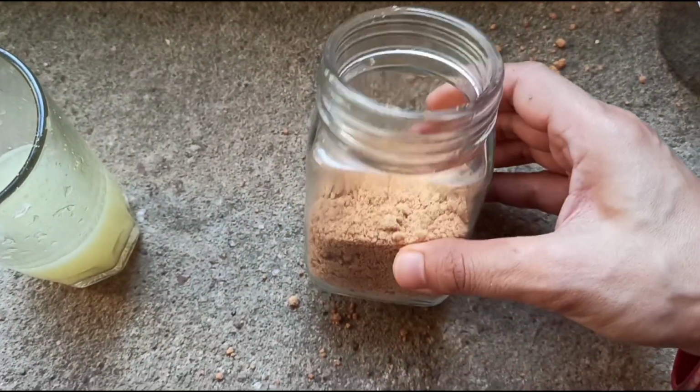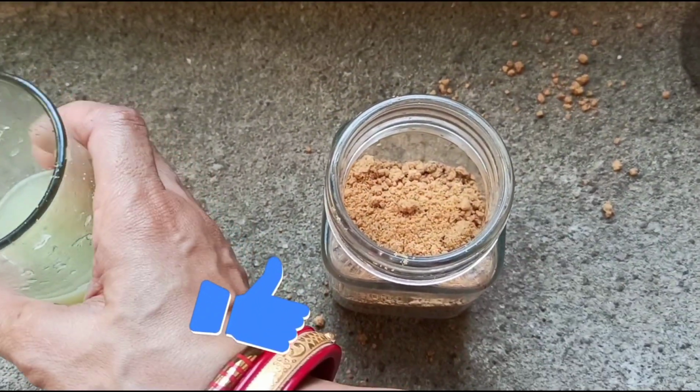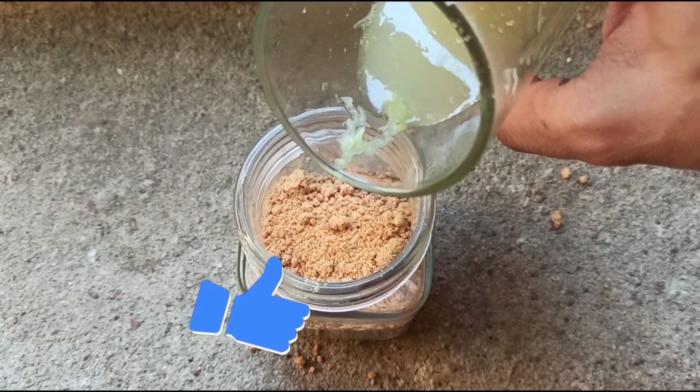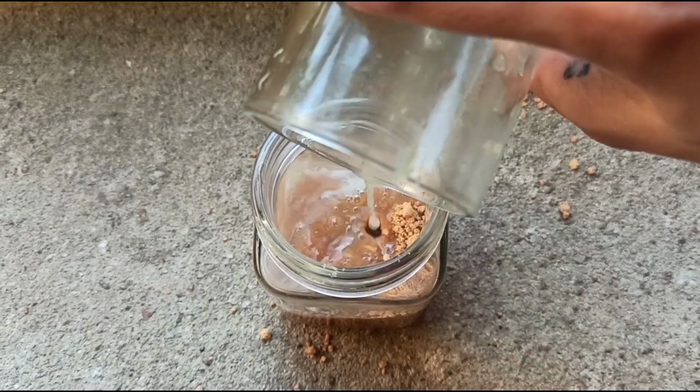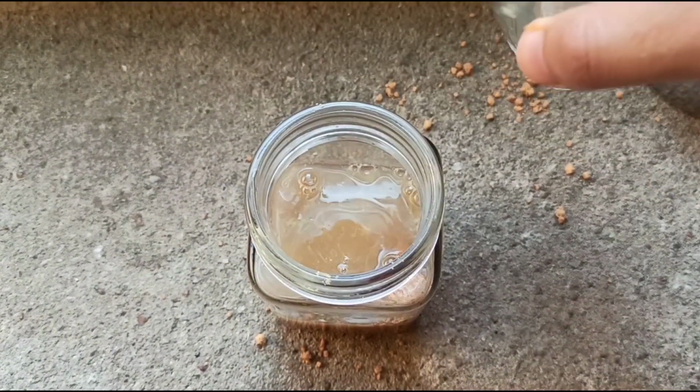Okay, so I have filled it half. Let's see how much more do we need. Just add the lemon juice. This is pure lemon juice of 6 lemons. And now